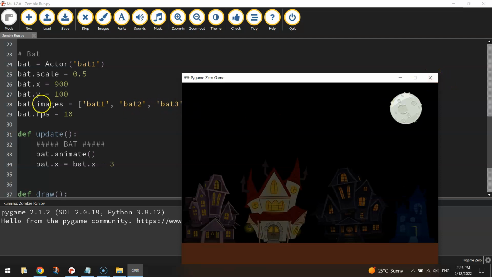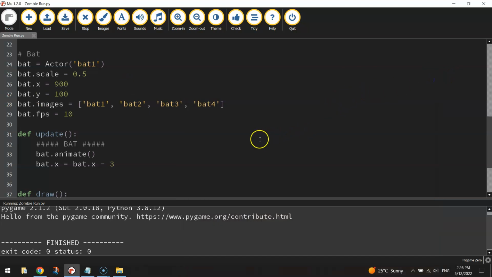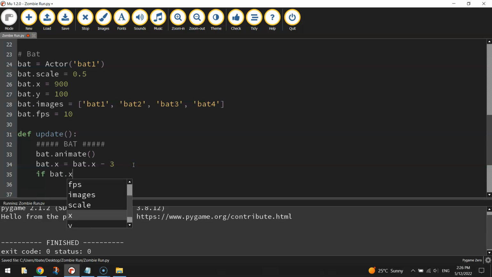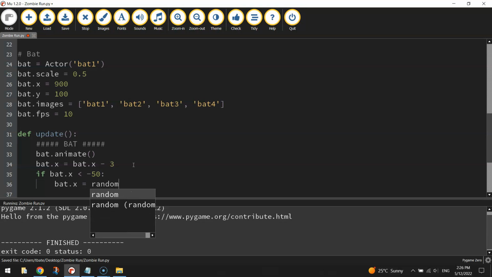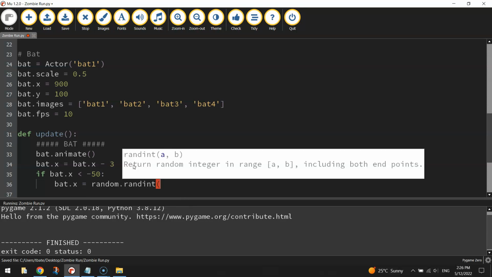Now he flies off the screen and just keeps flying, and he'll keep flying forever if we don't tell him to stop. So what we need to do is go to the next line of code and do an if statement. If the bat.x, so if its position on the x-axis is less than minus 50, which is just off the left-hand side of the page, so once it flies off the screen, then we're going to return him around to the right-hand side of the screen. So the bat.x will equal, we might get him in a random position on the x-axis. So we'll write random.randint,